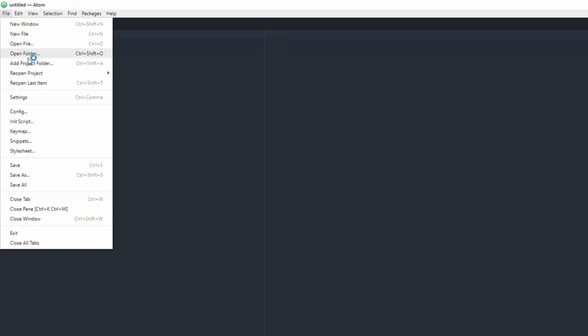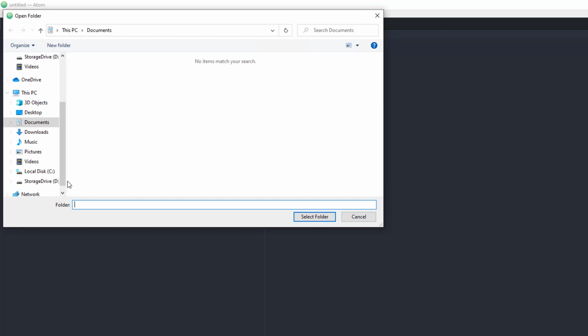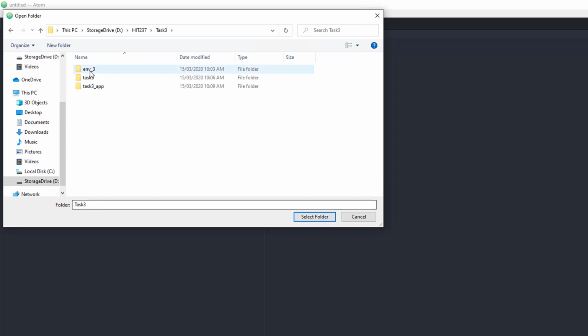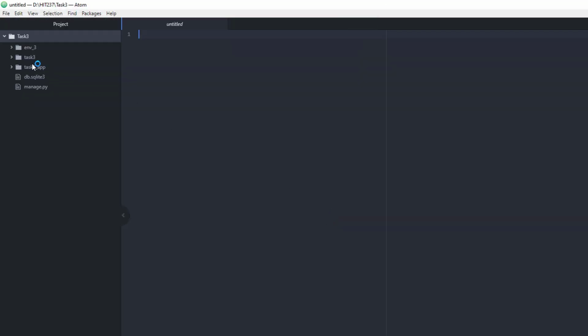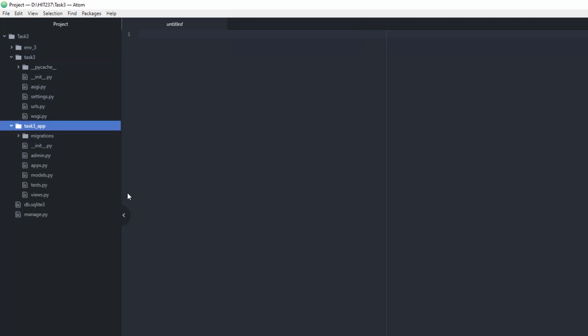I'm going to open a folder, D drive 237 task 3, and I will select that folder. Notice that I can see the task 3 project and the task 3 app folders here. This is just going to make it easier for me because I can expand both of those in the side menu. Okay, to get our task 3 project to recognize our task 3 app is connected, we need